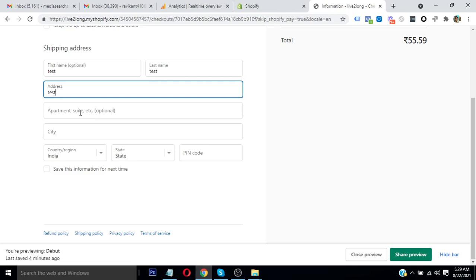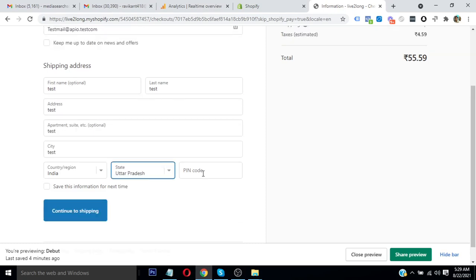You can select your city and region as per your requirement. Place pin code 201301, and let's click on continue to shipping.